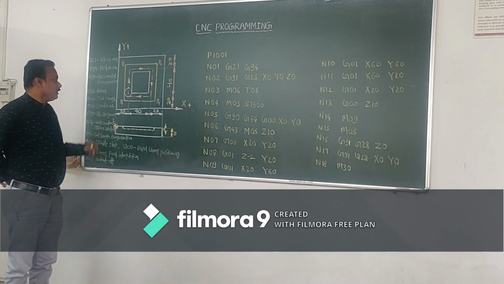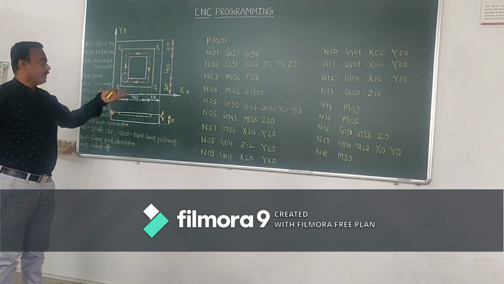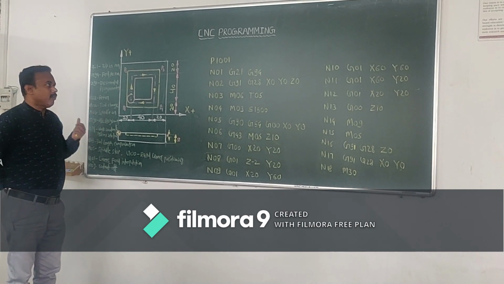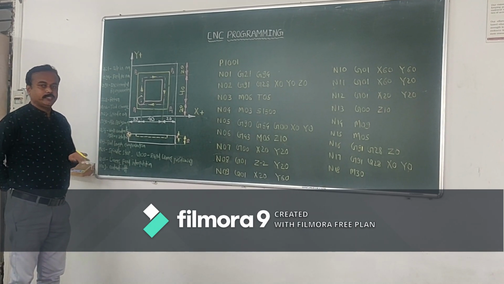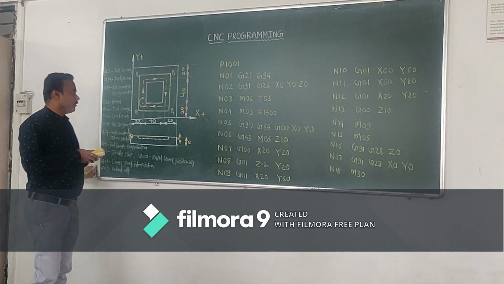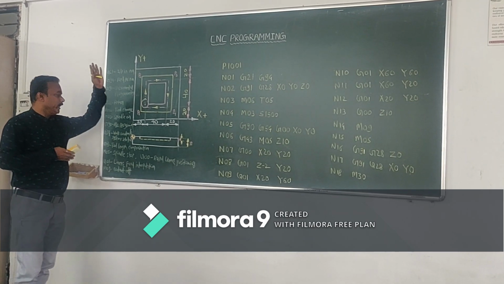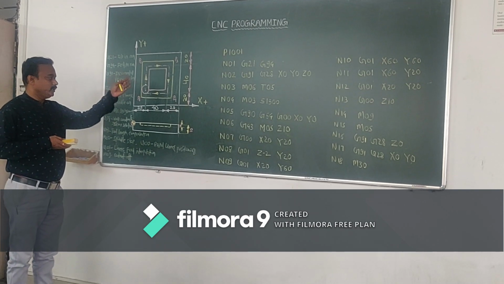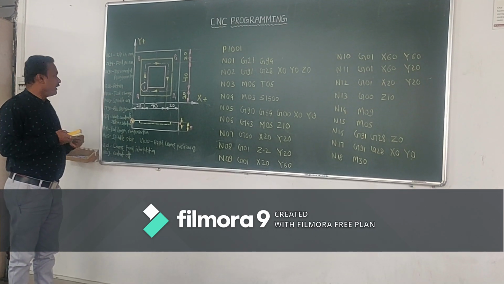Here is one product of 80 by 80 millimeter. For that, a CNC milling operation is to be carried out. Before starting our CNC machine, it is necessary to prepare the programming. Here some G codes, M codes, and specifications are important, related only to this job. I have already written some specifications here.